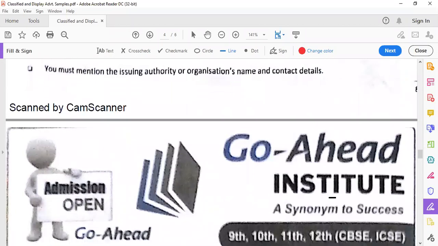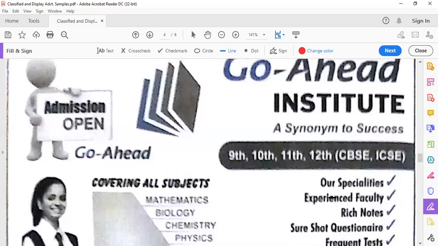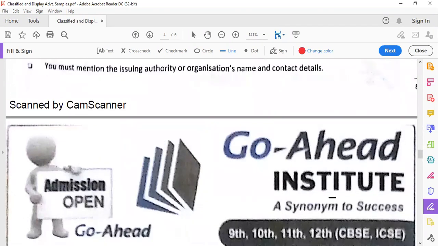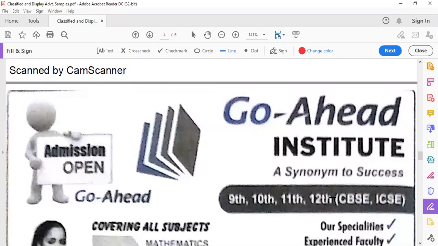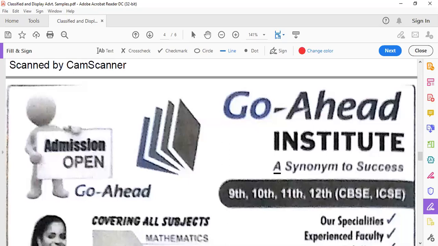Now there are some samples with us. The first sample that we have is for an institution, an admission notice. You can see how it is given in bold. Go Ahead Institute, the name of the institute is given, and they have added a synonym to success. 9th, 10th, 11th, 12th, CBSE and ICSE help can be given. On the other side, you can see a cartoon holding a notice in hand, admission open, a book is given, creativity is shown by drawing. Go Ahead,